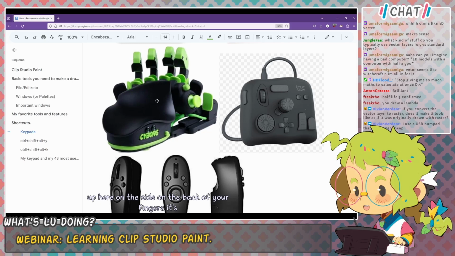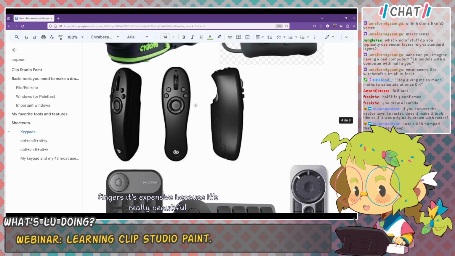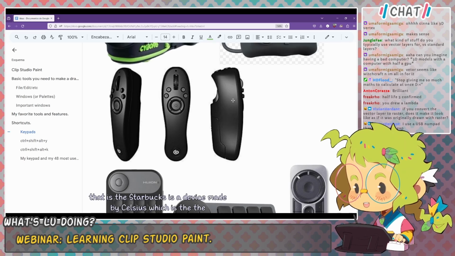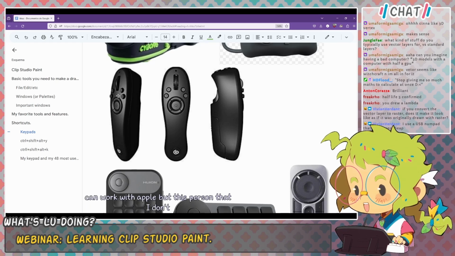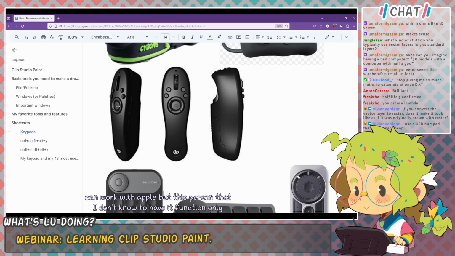It's expensive because it's 3D printed, all the parts. And you have something like the Turbox, which is a device made by Celsius, the company that makes Clip Studio. But the downside of this one is that they released a Turbox 2 lately, not long ago, that can work with iPad, but this version cannot work with the iPad. To have it function only with Windows or Mac in a computer,